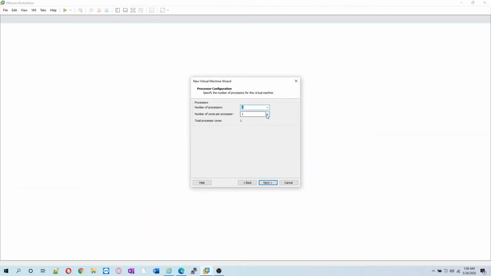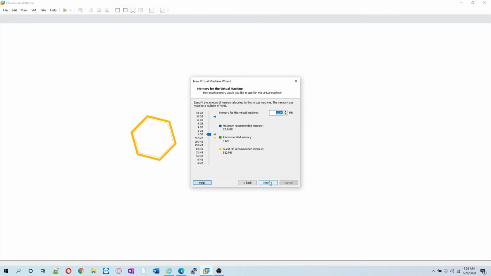Number of processors. Here you have to be very careful about what processor you have in your physical machine, and whether it is capable of providing more CPUs, or one CPU is more than enough. So based on the configuration of your CPU, whether it's Core i7, Core i5, Core i3, or AMD, you have to be a little bit cautious about assigning. You should not assign more than what is available. For the sake of selecting, you select 16. Obviously VMware also tells you that this is not possible, but be very careful when you are doing that. So for the sake of this VM, I will keep it at 1 and select next.